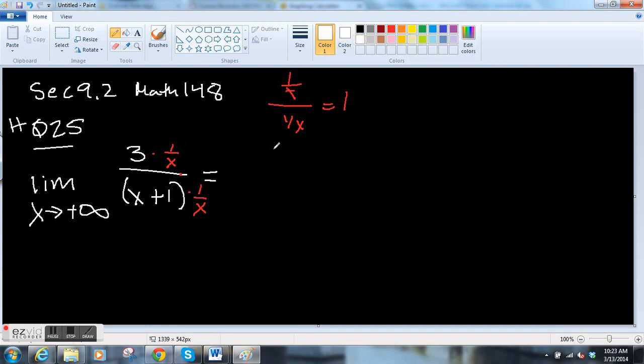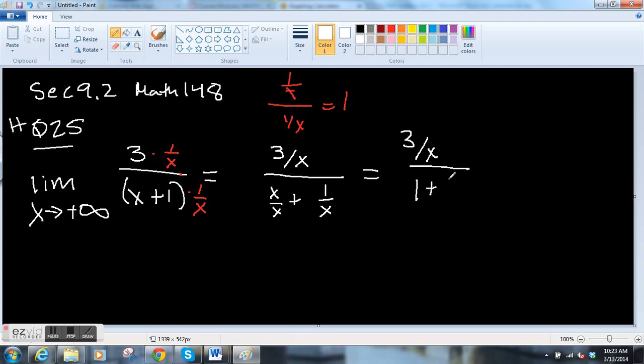Anyway, we do that because now we have 3 divided by x all over, wait for it, x over x times 1 over x, and this is a little baby step, you probably won't do this. So this is equal to 3 over x divided by 1 plus 1 over x. So we haven't really done anything except change the form of the problem, and this is the reason we did it. So the limit of all this, as x goes to infinity, now we use our rule,